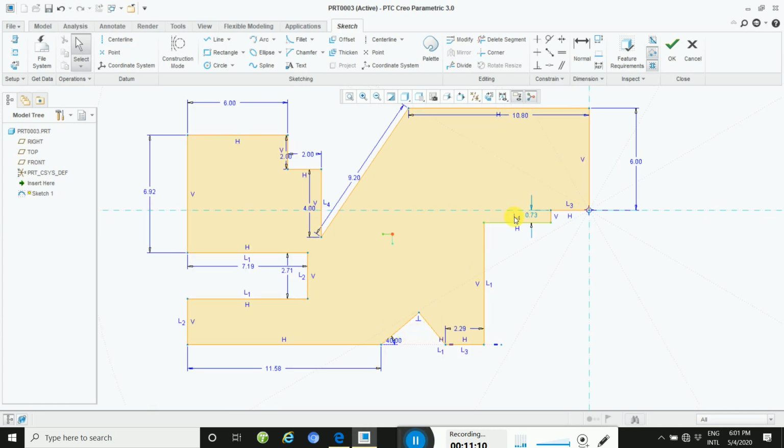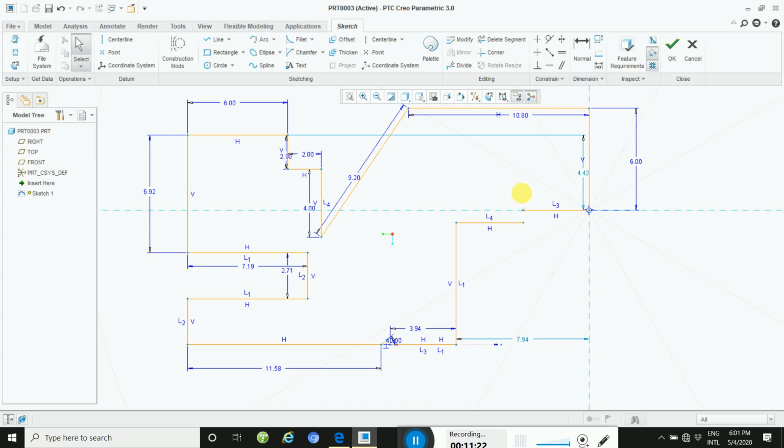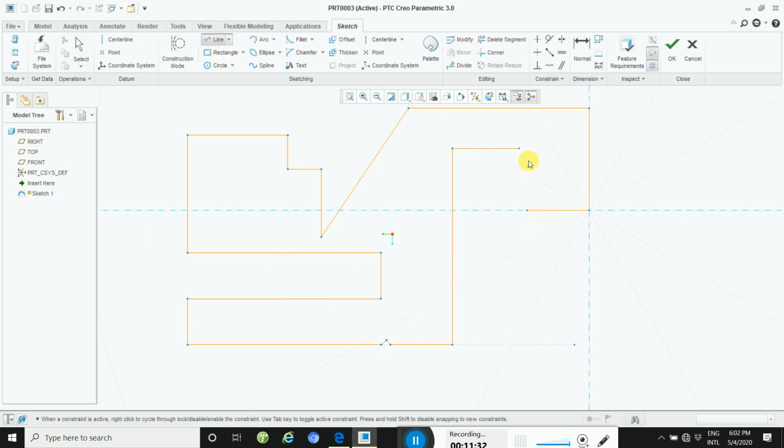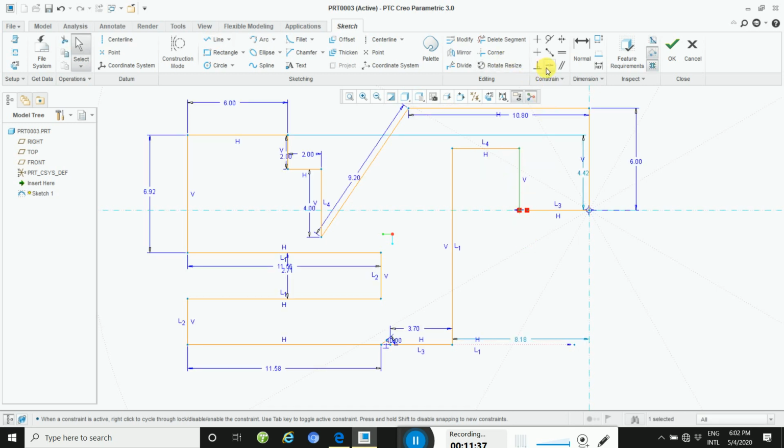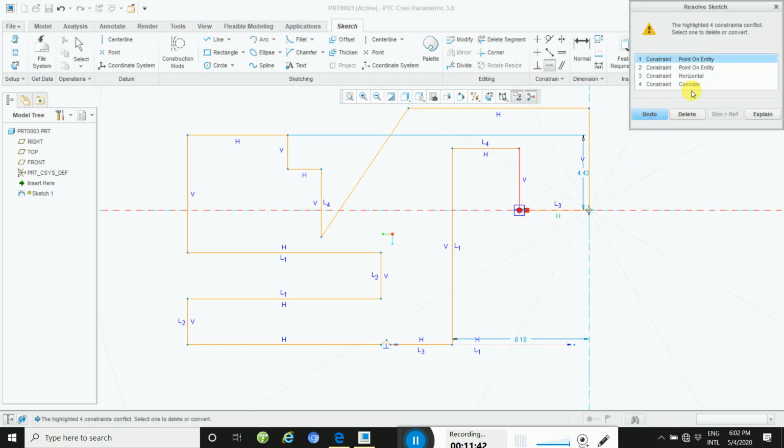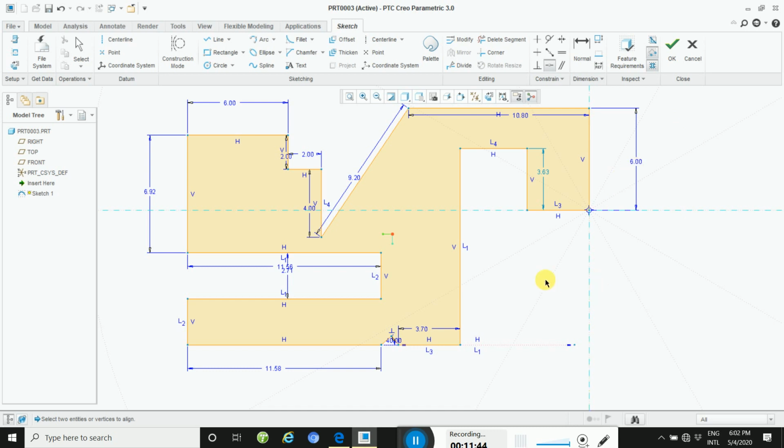So define this length. Coincident: click here and then here. This way.